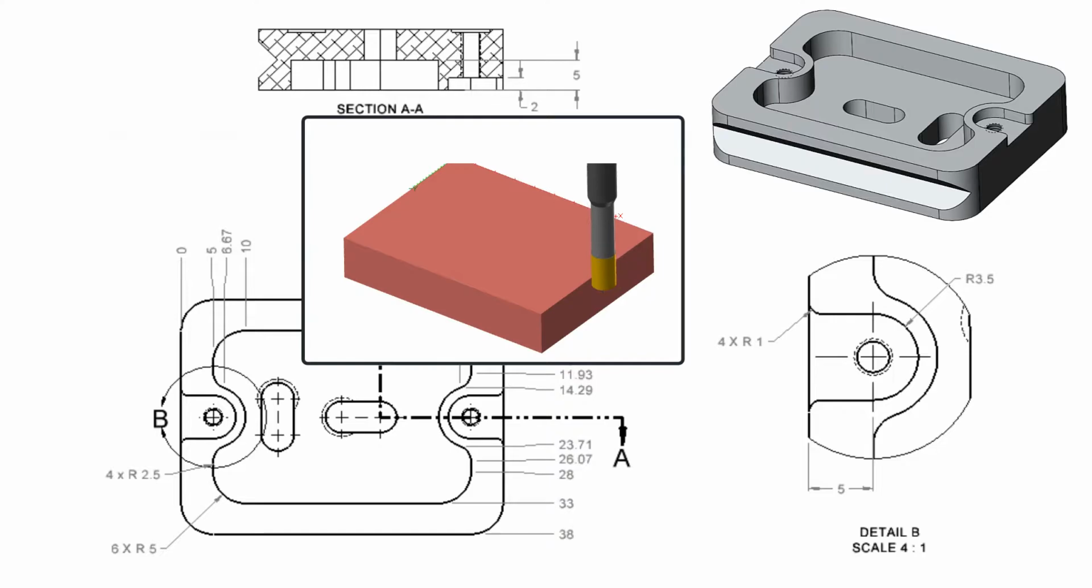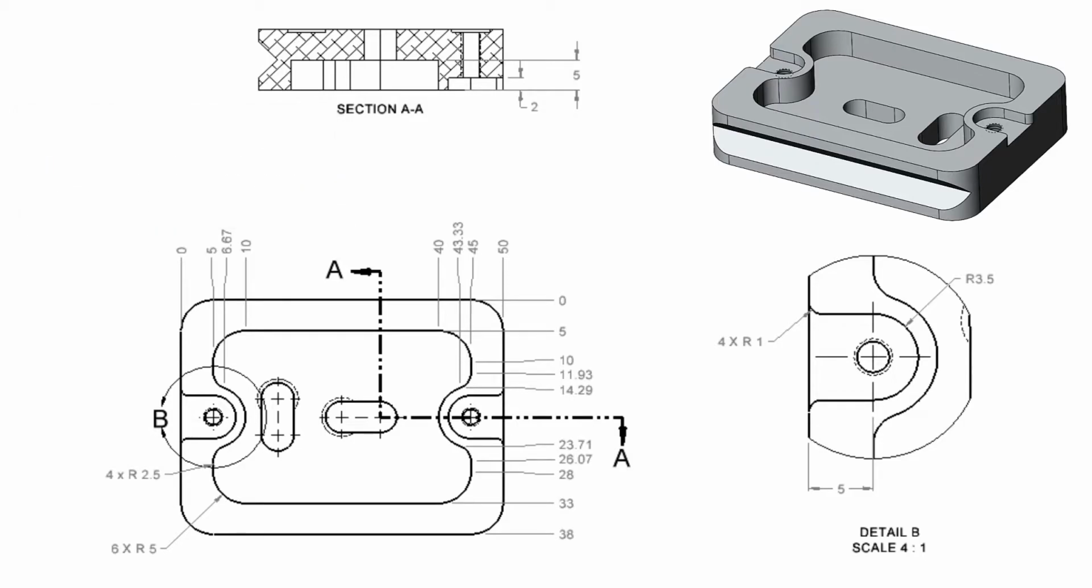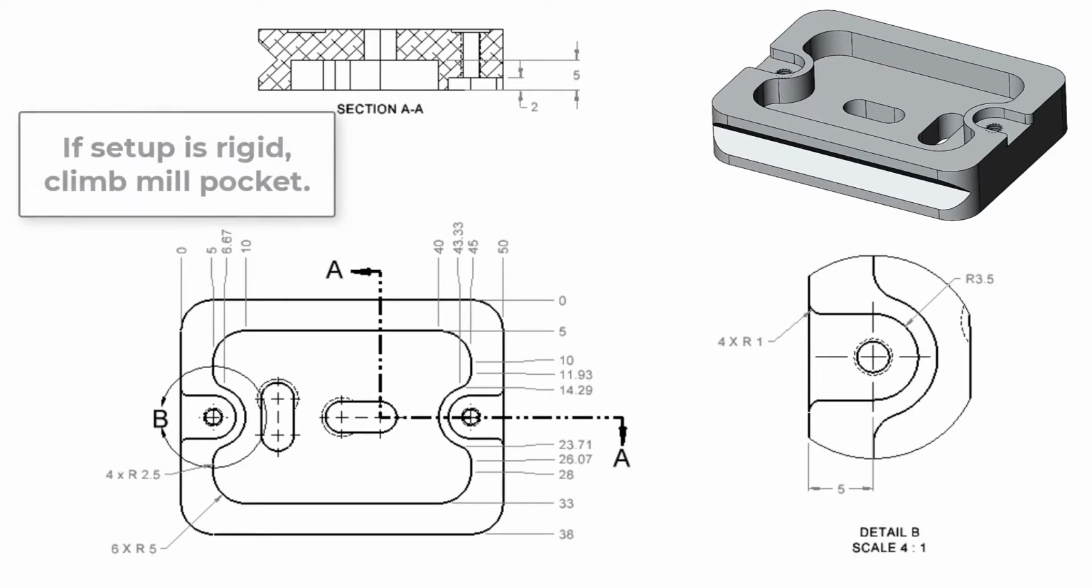During the first cut into any pocket, the feed rate will be slower than when cutting the remainder of the pocket because 100% of the cutter is engaged in the cut. The cutter will also be pulled towards one side of the pocket since it is climb milling on one side and conventional on the other. Once the first pass is completed, the remainder of the pocket should be climb milled unless the setup is not